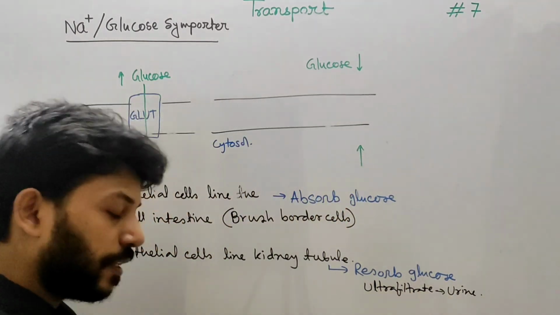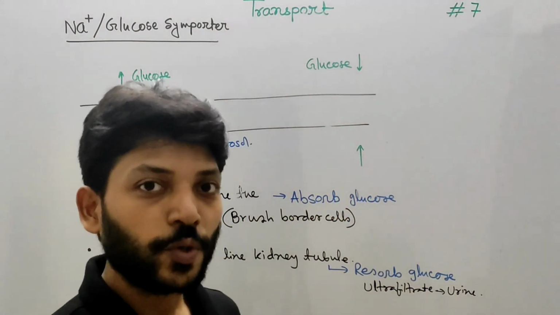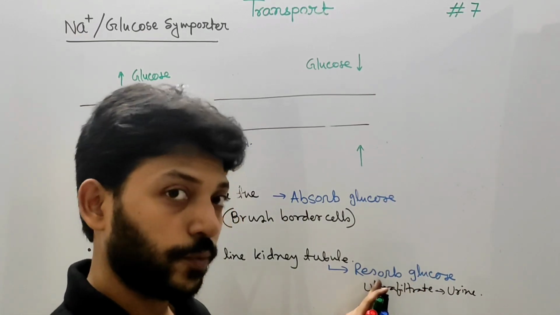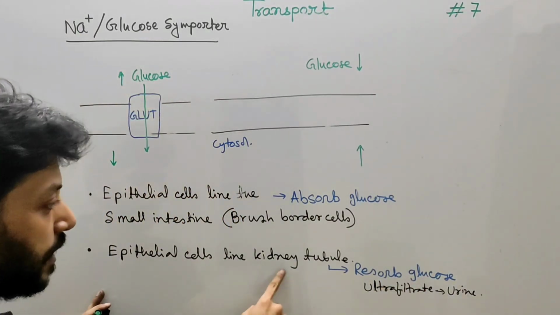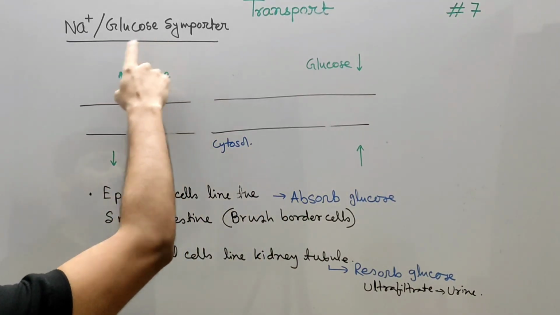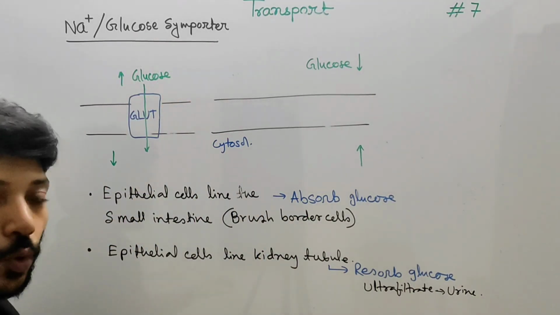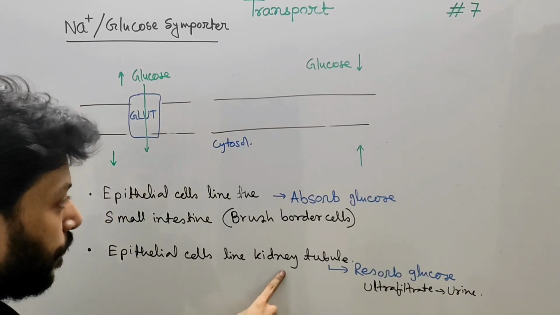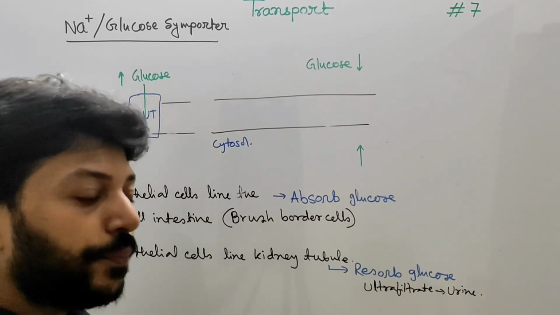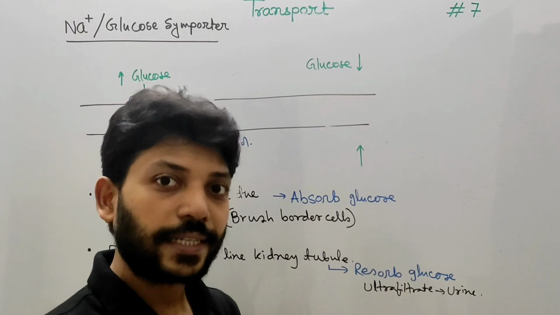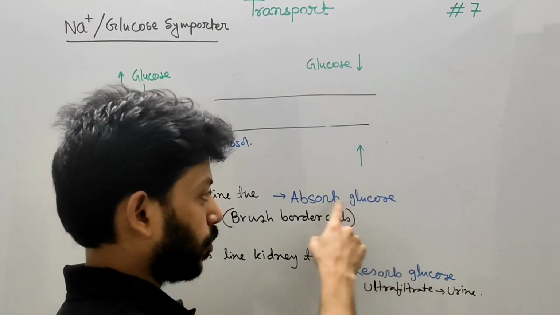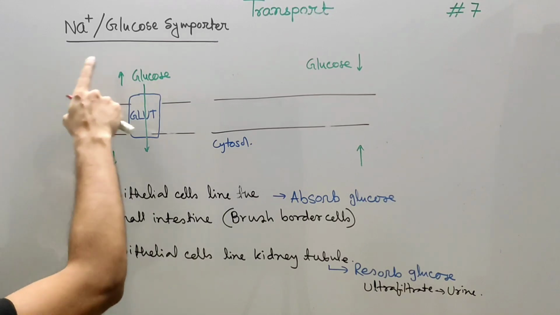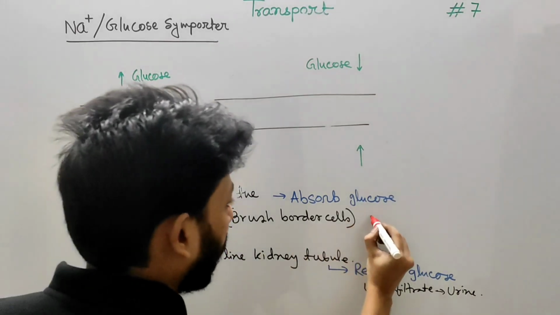Our physiologic system does not want to lose the glucose. That's why it resorbs it through these epithelial cells that line the kidney tubule. So they have this sodium glucose Symporter to resorb glucose in the kidney tubules, and in the case of intestinal epithelial cells, the lumen contains the dietary glucose that they absorb. So absorption and resorption occurs. Now there are two examples of sodium glucose Symporters present. One is called